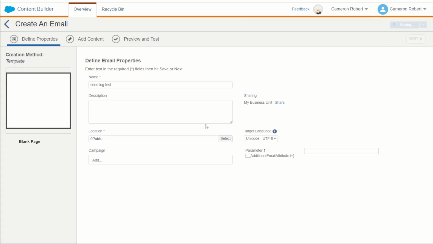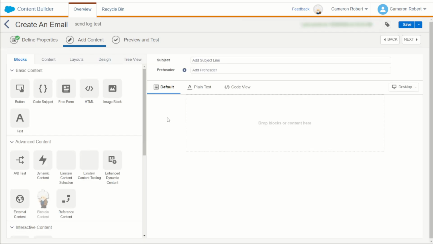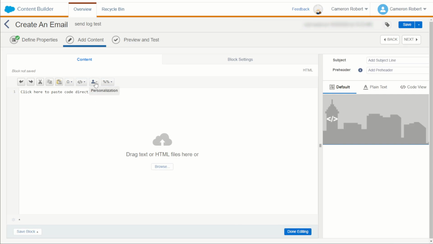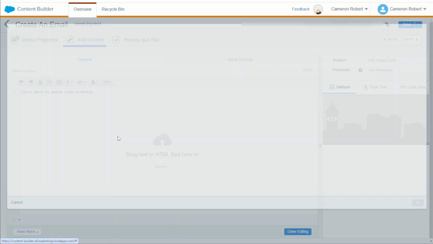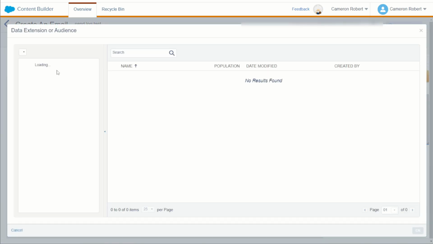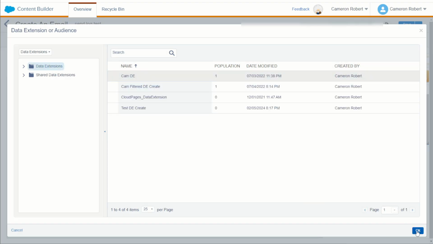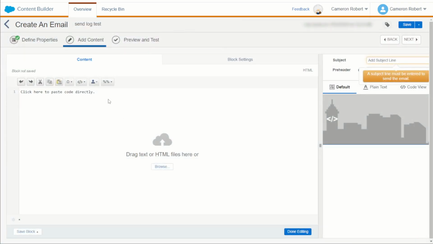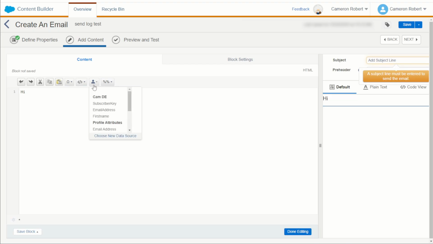And we'll go next. Now for this email, we're going to do nothing fancy at all. We're just going to put in a little HTML block. And for good measure, let's connect a data source. I'm going to send to just myself for this email. So my data extensions, I'm just going to go to myself. Okay. And let's say hi and first name